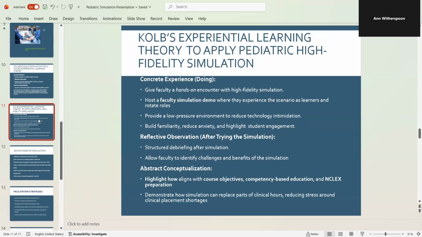And how we're going to use Kolb's theory to really get staff and faculty buy-in to use this technology tool. Starting with the concrete experience, we'll give faculty a hands-on encounter using that simulation tool by themselves. Maybe host a faculty demo where they will experience the scenarios and rotate through the roles as the person who does the controls versus acting as the student who will be learning from it. And that's just going to ease them into it and have a no pressure environment, so that they'll build their familiarity and reduce the anxiety associated with using a new tool in